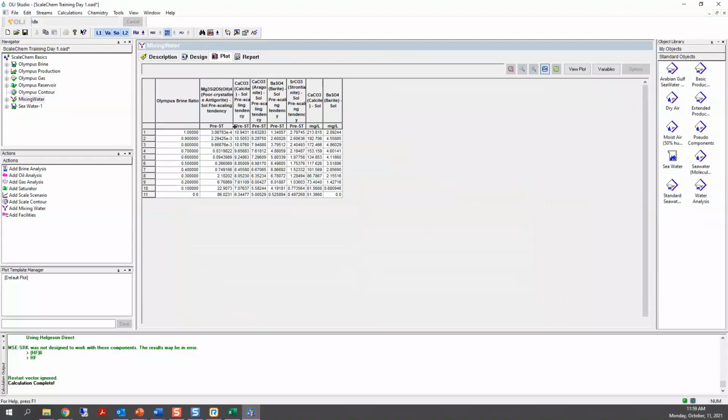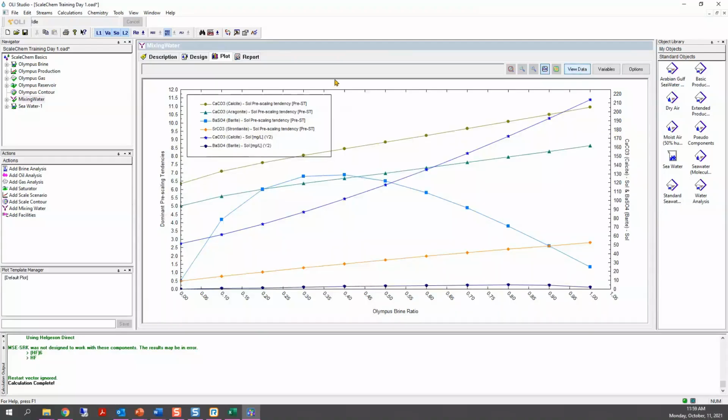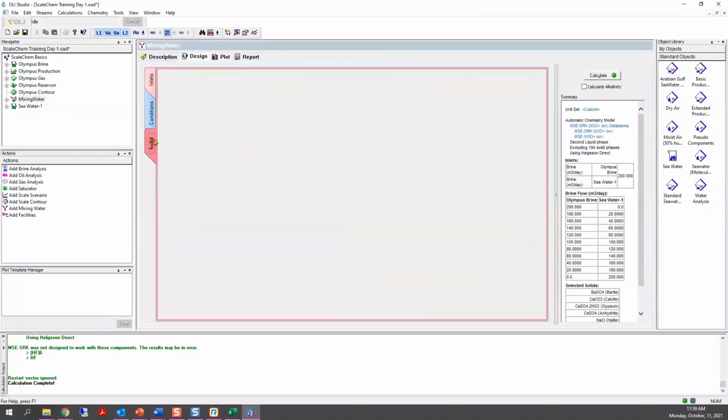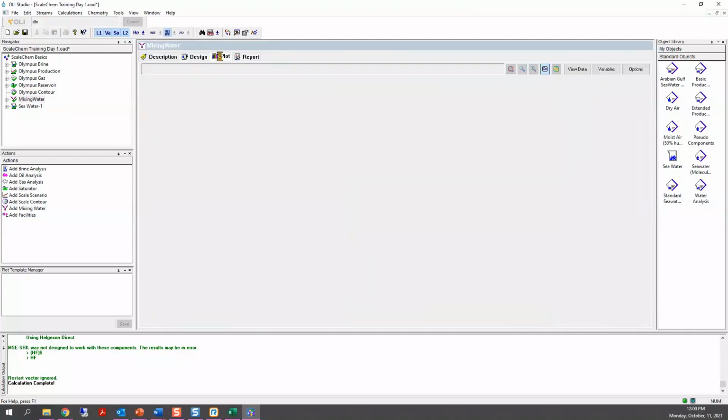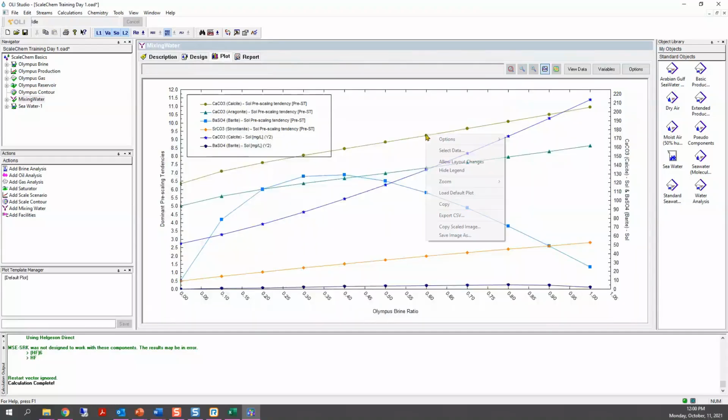Can you show me again in the plot how you removed the magnesium scale? Because I don't seem to get the same thing on my right click. Yeah, I removed it, and I don't understand why the magnesium is there, because I did not select it as one of the potential solids. These are the standard solids that I was expecting to see. So when I went to the plot, I right-clicked on the magnesium line, and then I said hide.